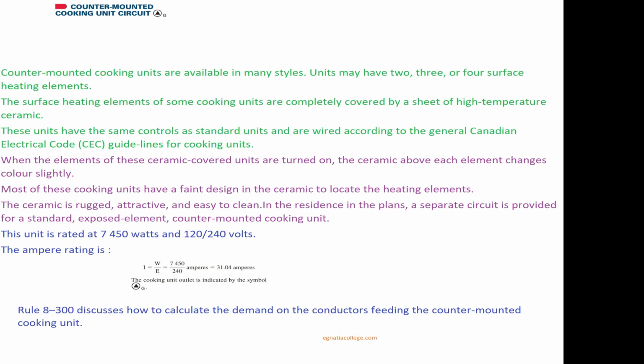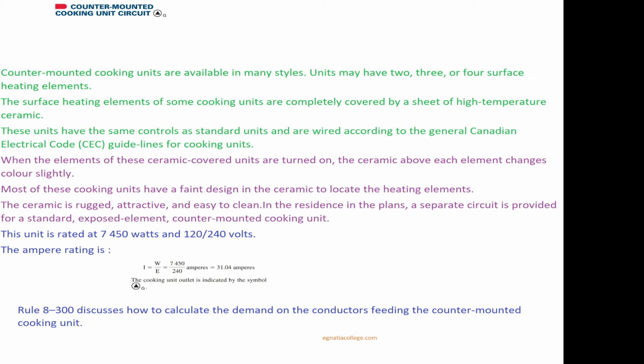Counter-mounted cooking unit circuit. Counter-mounted cooking units are available in many styles. Units may have 2, 3, or 4 surface heating elements. The surface heating elements of some cooking units are completely covered by a sheet of high-temperature ceramic. These units have the same controls as standard units and are wired according to the Canadian Electrical Code (CEC)